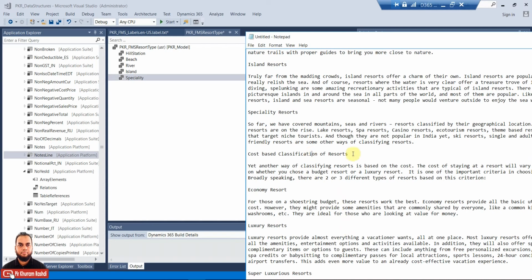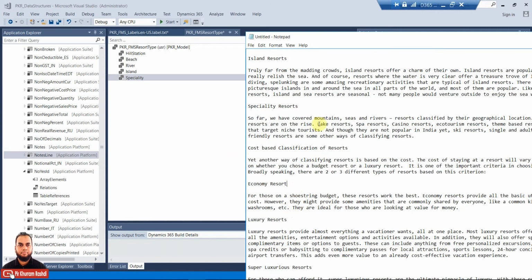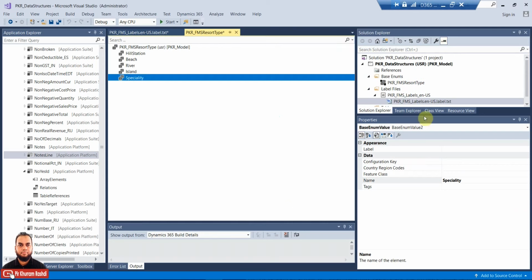And then there is another classification based upon cost. So we can also put the same in the same base enum if we would like, or we can create another base enum.